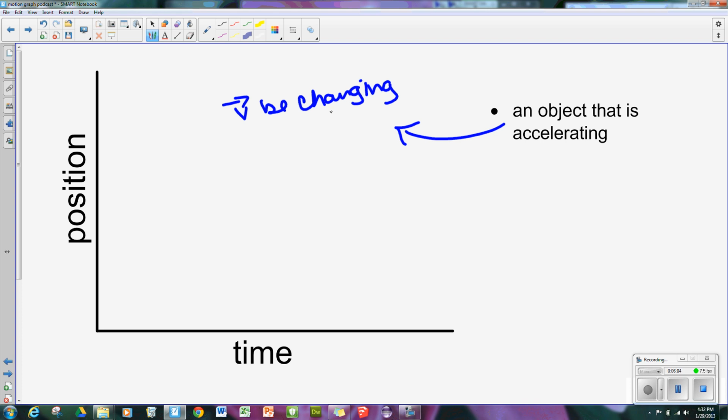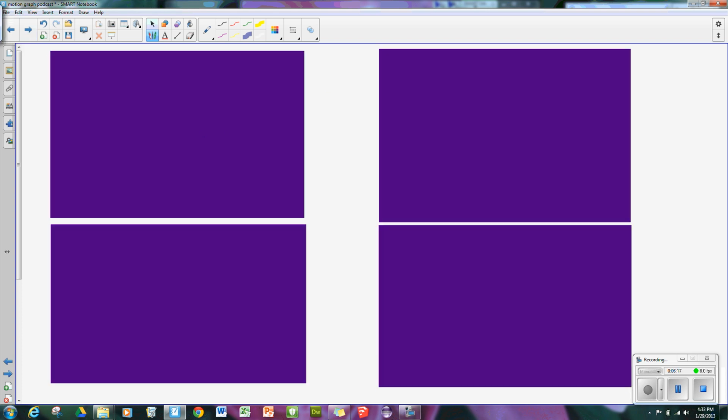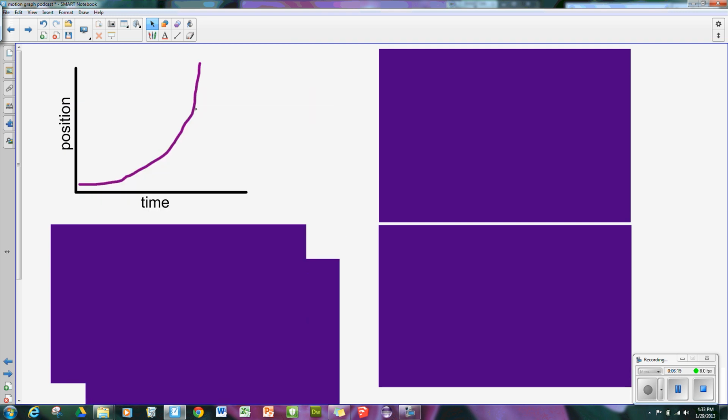And it will have a value of acceleration, and it will have a value of displacement, so nothing will be equal to 0. So let's take a look at each of our 4 options. All right. So if we look at this graph,